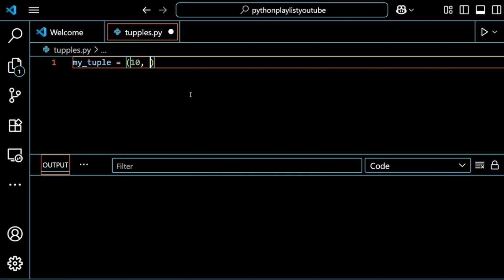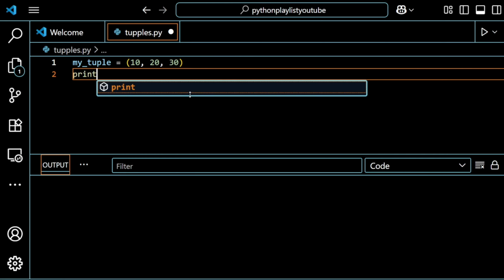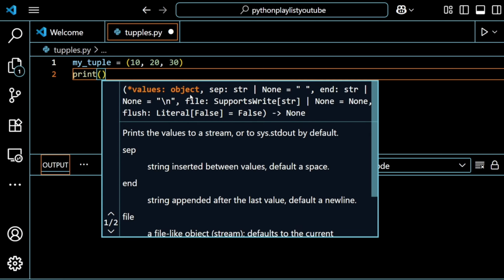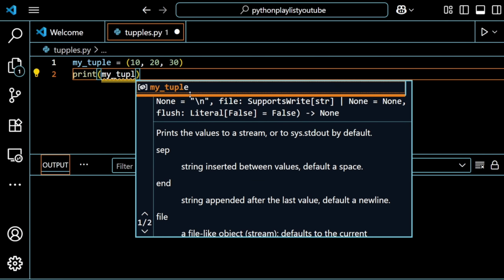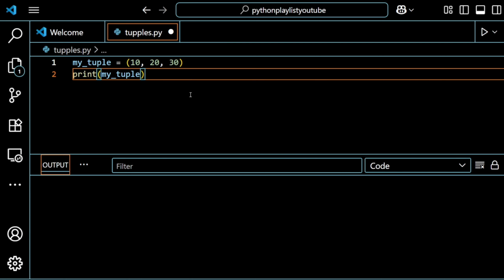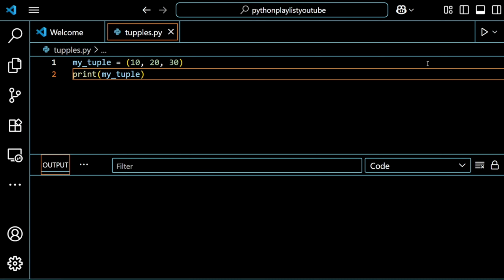What is a tuple? A tuple in Python is an ordered collection of items, just like a list, but here's the key difference: tuples are immutable. That means once created, their values cannot be changed. my_tuple = (10, 20, 30). print(my_tuple). # Output: (10, 20, 30)